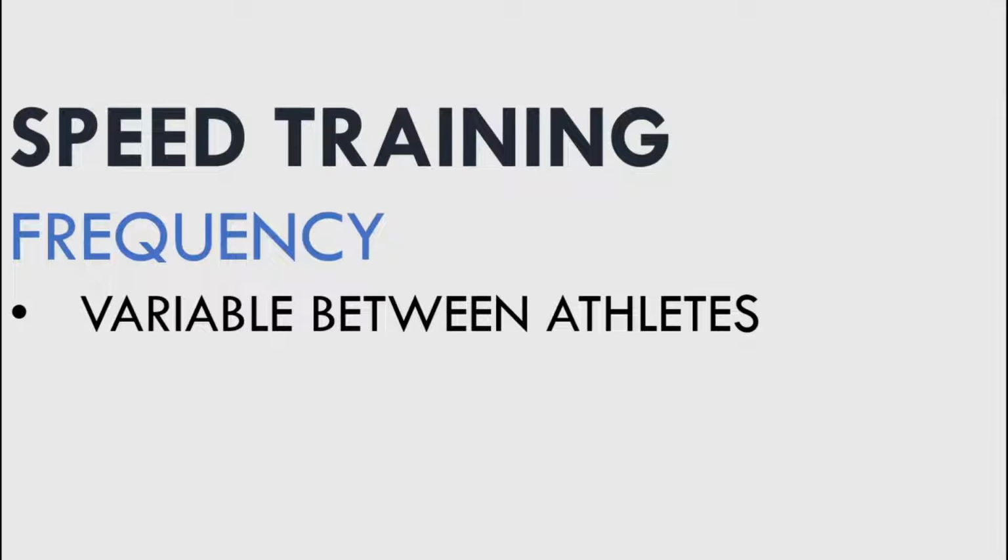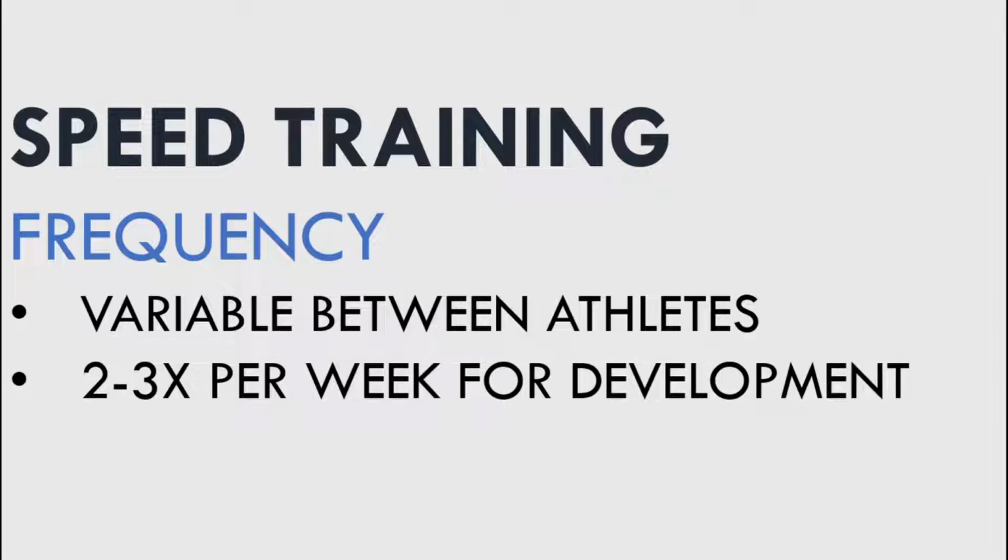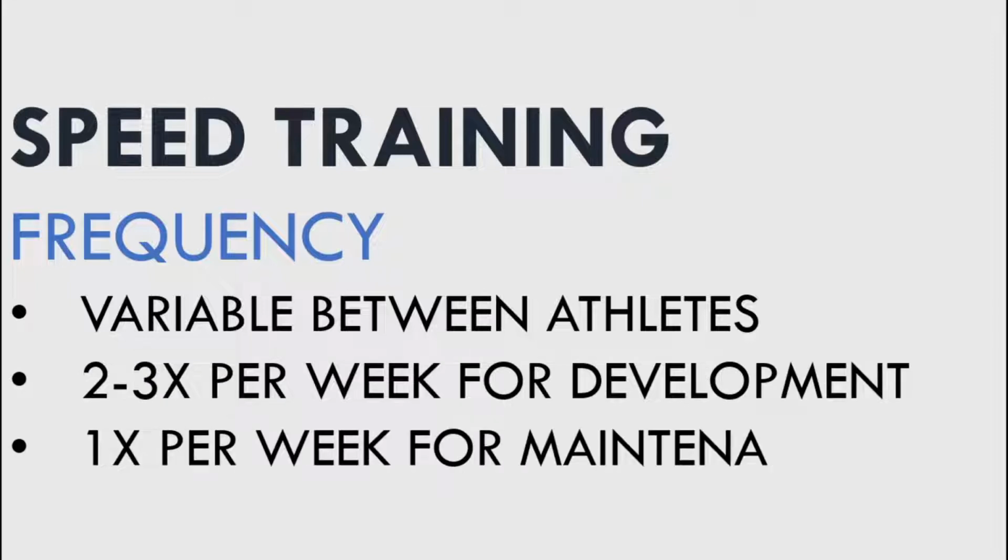The frequency of speed training can vary between athletes. Team sport athletes may already be hitting maximal speeds at some point during their training week and may not need much additional speed work, while track athletes may be training speed specifically up to 3 times per week. 2 to 3 times per week would be enough to yield performance improvements, while once per week should be enough